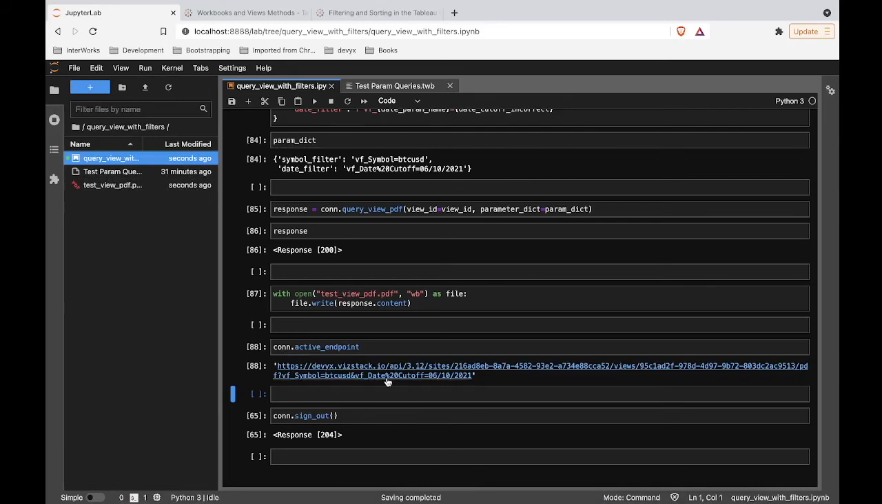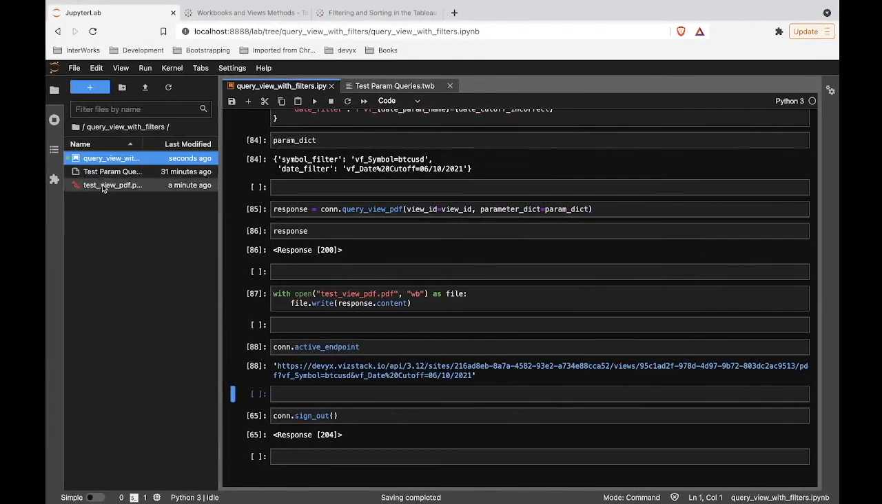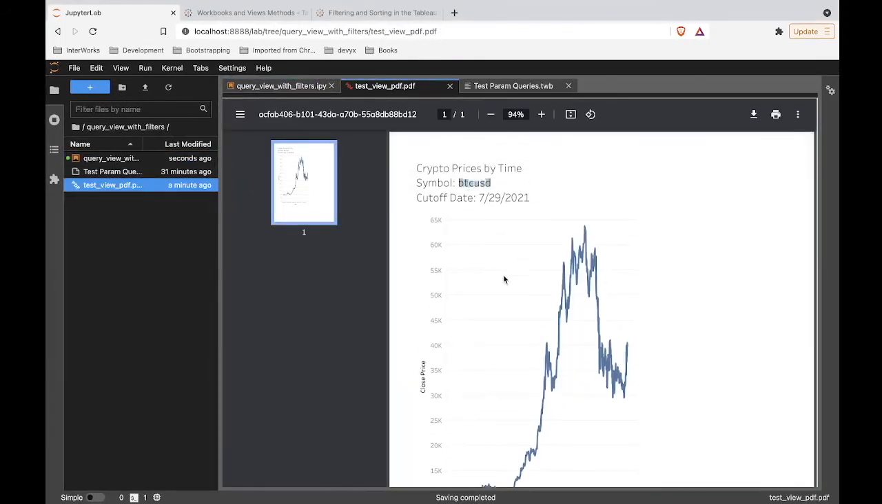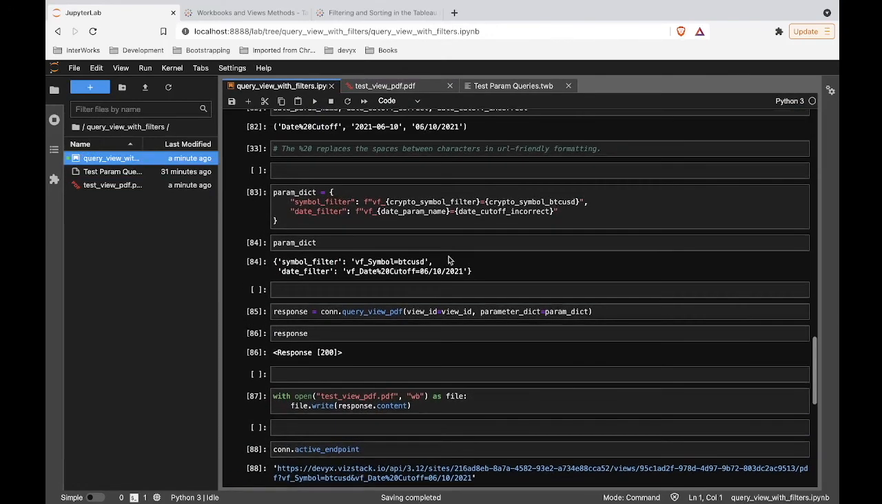And then we have that date cutoff, and this is set to June 10th, 2021. But we expect this to be incorrect. So let's see. This should still be the July 29th, 2021 value. So if we open up this PDF, sure enough, we are getting Bitcoin, but we are not getting the correct date. So just to prove to you that the filter is working and it's just the date that's not working,